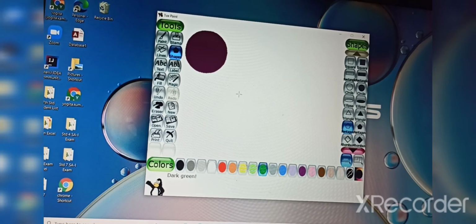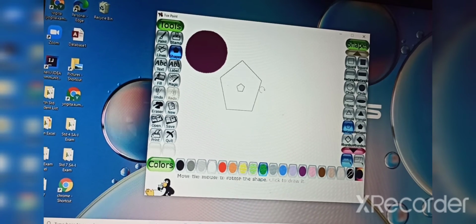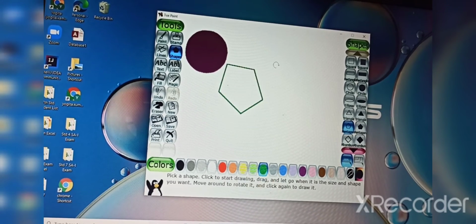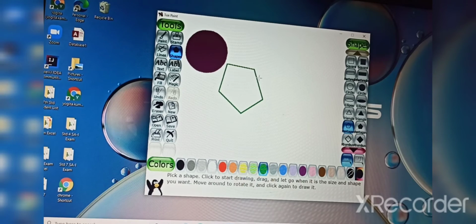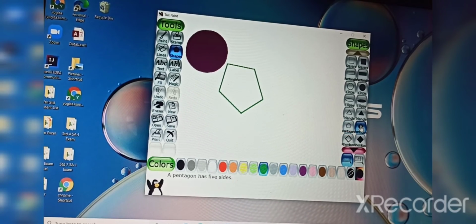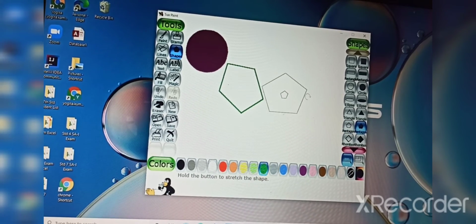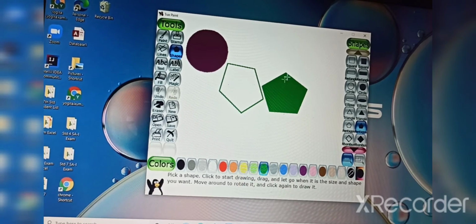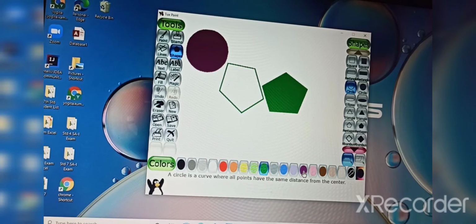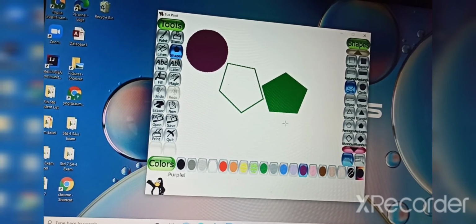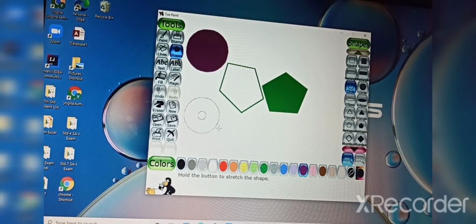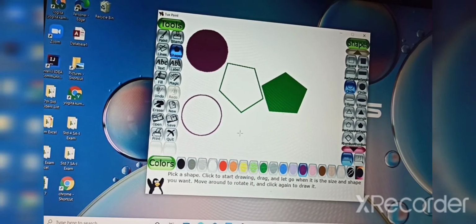Click here. Now see. I have not clicked the filled, that's why it is unfilled, so it will look like this. Now I will take a filled. Now see. Filled it will occur like this, unfilled it will occur like this. An unfilled circle will look like this. So like this our shape tool will work.